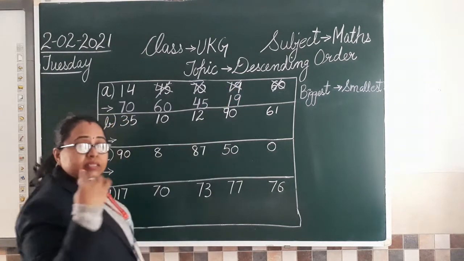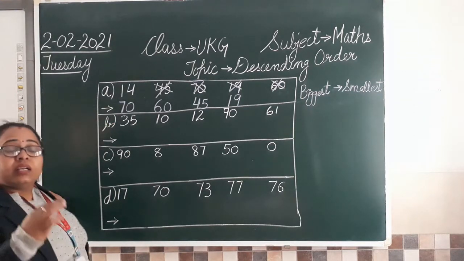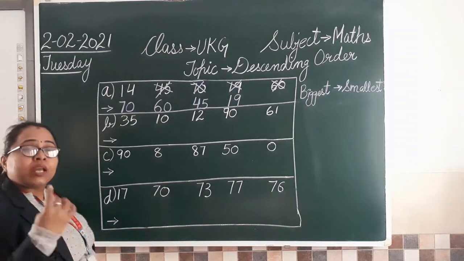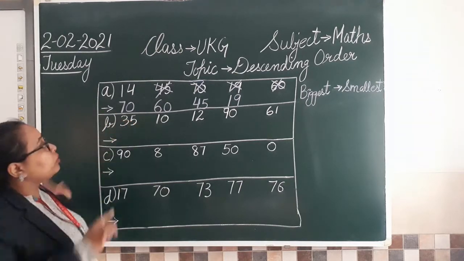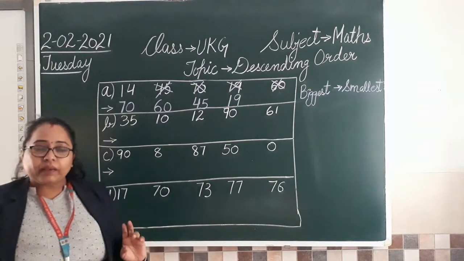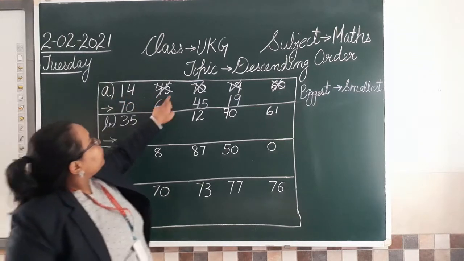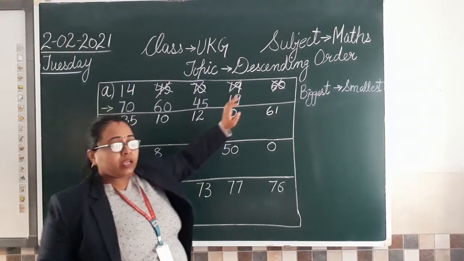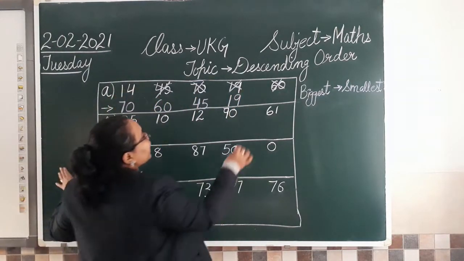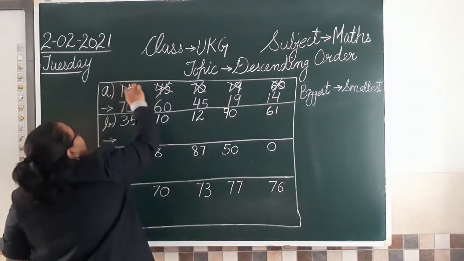Cross साथ के साथ करना है आपको. जैसे ही आपने नंबर नीचे कॉपी करा, कॉपी करते ही आप दूसरा नंबर बाद में लिखोगे. First you are going to cross that number जो हमने कॉपी कर लिया है. Is that clear? Okay. After 19 we are only left with one number because बाकी numbers तो cross हो गए हैं. So now we are going to copy that number here 14 and we will cross this also.